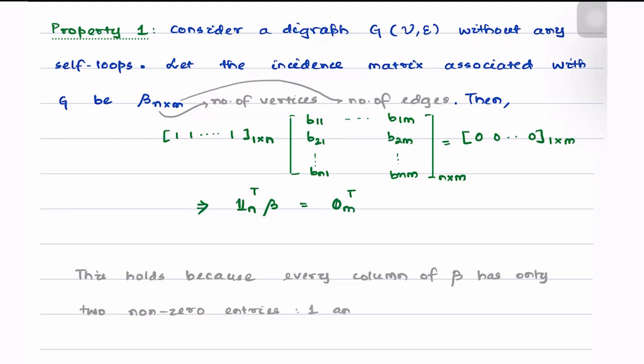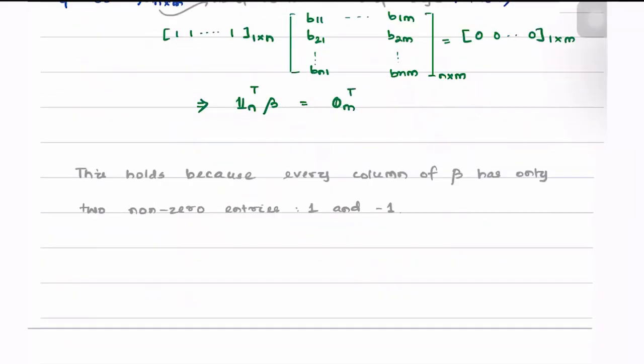One and -1. That's it. That is the reason why it holds. Okay. With this, we are done with the discussion on the first property. Now we'll move towards the second property that is probably slightly more important for us. But before we do that,